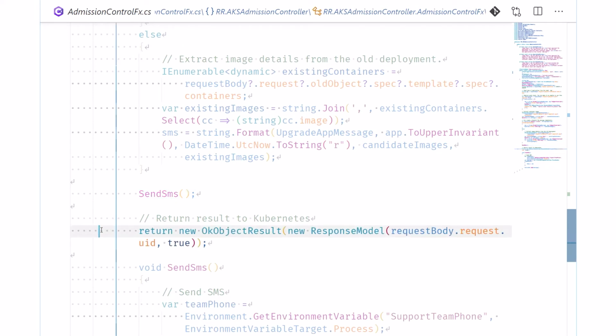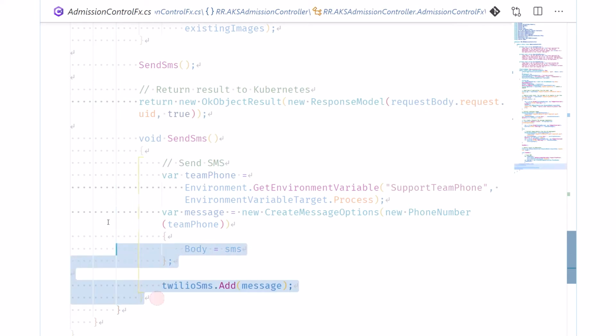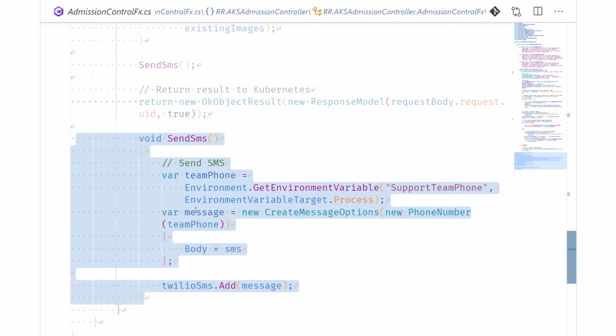In both cases, that is, create or update, we return an OK response back to the controller with the value of the attribute approved set to true, which means that the deployment would be accepted by the validation controller. The send SMS is an internal method.